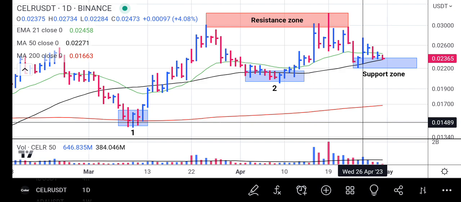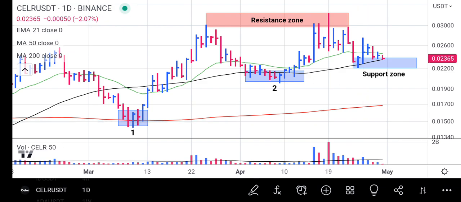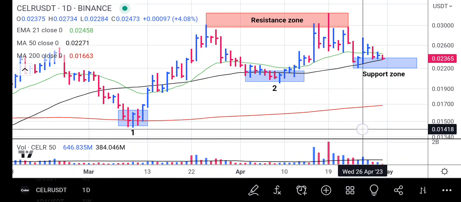The buyers are not losing ground. They are holding really tight. The sellers are pushing, but they haven't won. The buyers are hoping to gain more strength and more volume so they can send Celer Network to the upside. If Celer Network is going to continue its rally, it first has to rise above